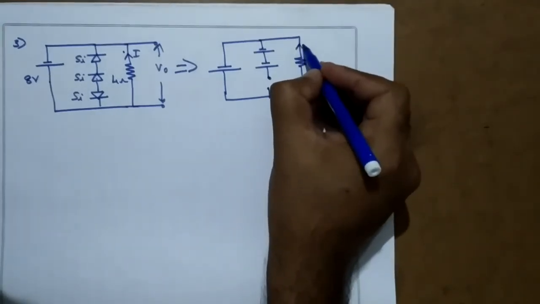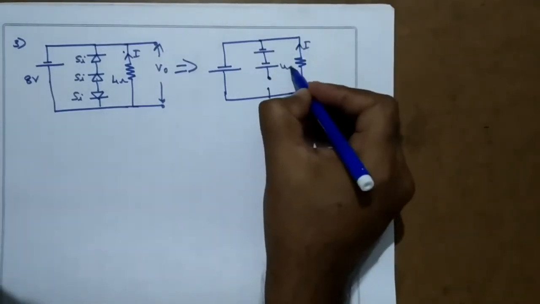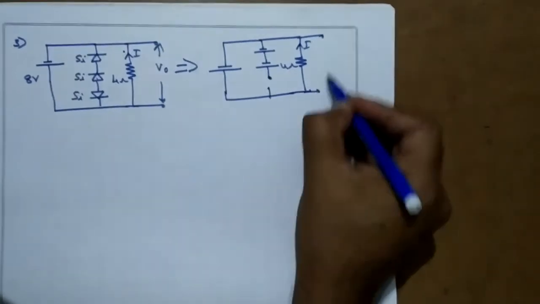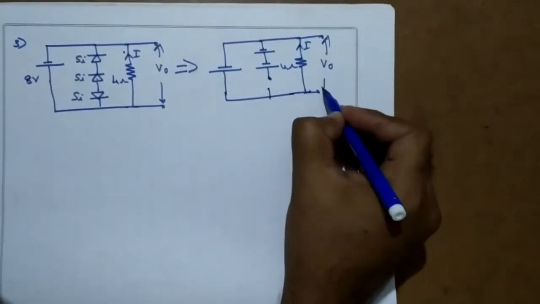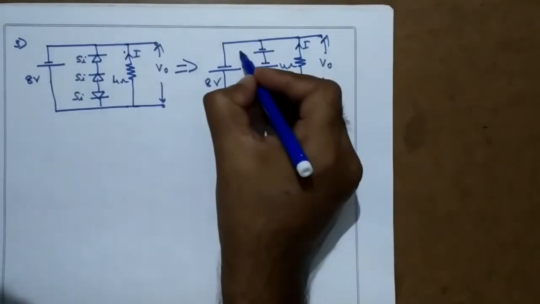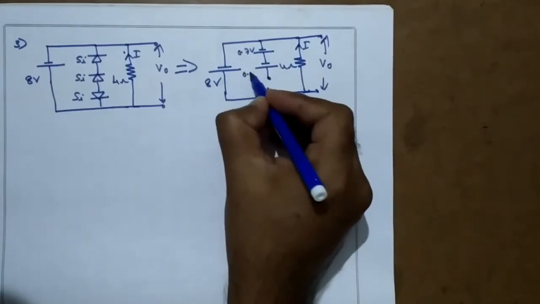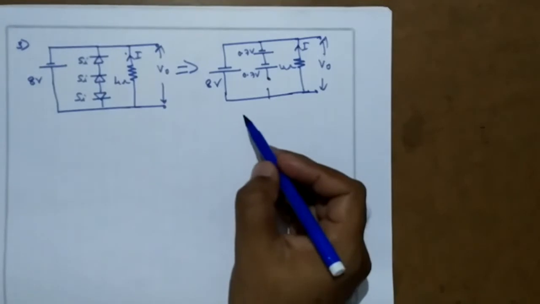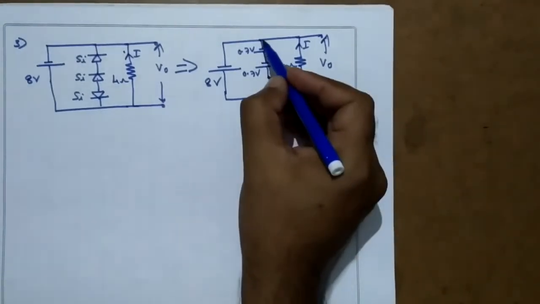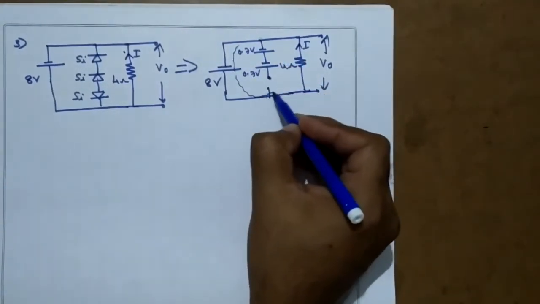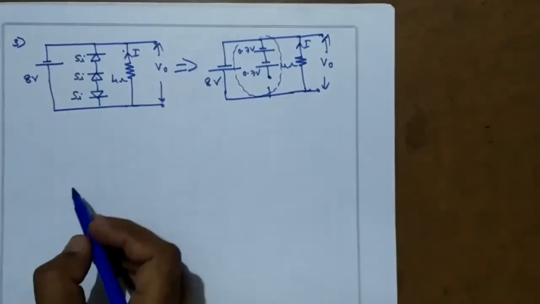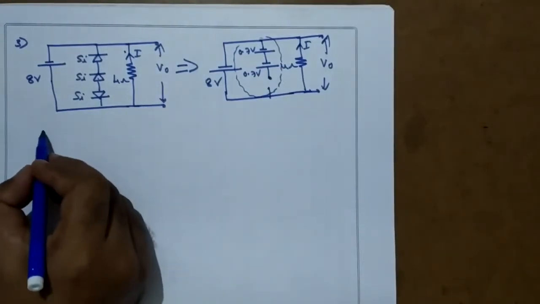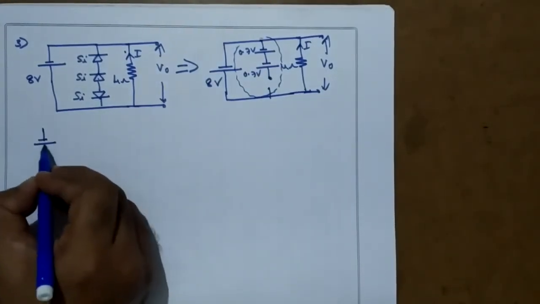And this is I, this is 4 ohm, this is V naught. 8 volt, 0.7 volt, 0.7 volt. Since this is open, no current flows through this arm. So we can replace this by open circuit. We need not consider this at all. So the circuit becomes